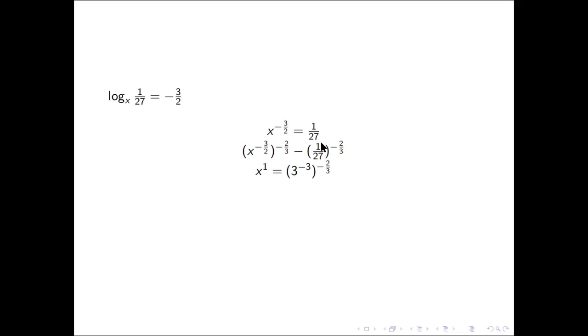To do that, notice here, we converted first 27 to 1/3, and then to 3 to the negative 3. Right? 3 to the negative 3 is 1 over 27. Why did I do that? So that that power will cancel out with this power. If we raise negative 3 to negative 2/3, then the 3 cancels out, and negative times negative is positive, so we're left with 2. 3 squared, so that's 9.